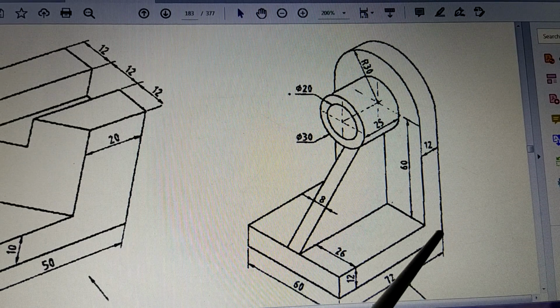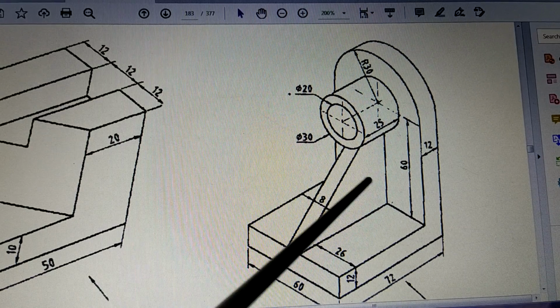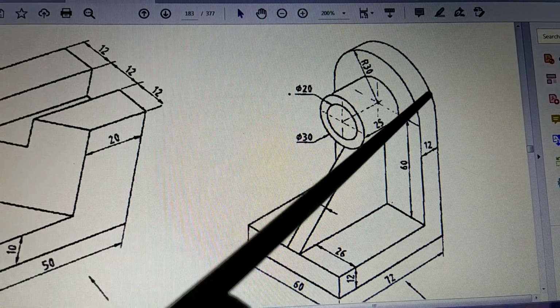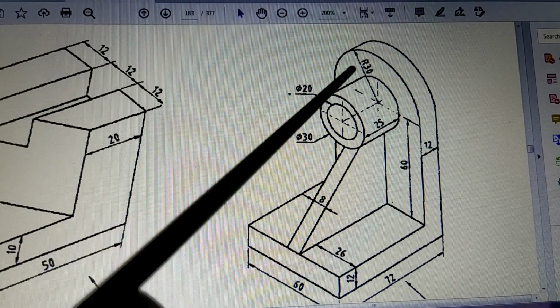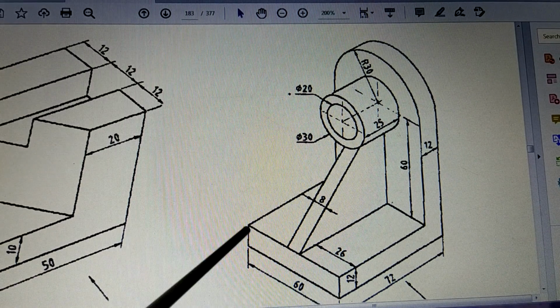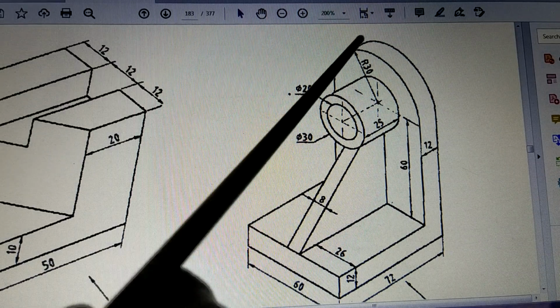So what else is fitted? On this side 60 which is there on this side, exactly opposite of this 60 which is there, that 60 is nothing but this curvature. So this curved surface, when you see from above, it will not be seen as a curved surface, it will be seen just as a straight line like this. So this straight line is drawn here to represent this curved surface.